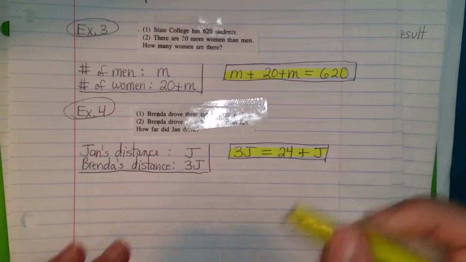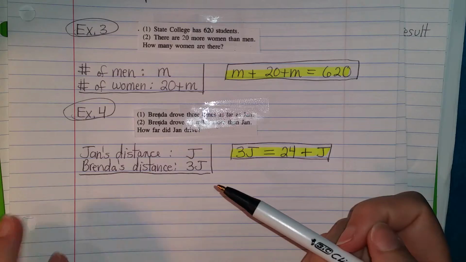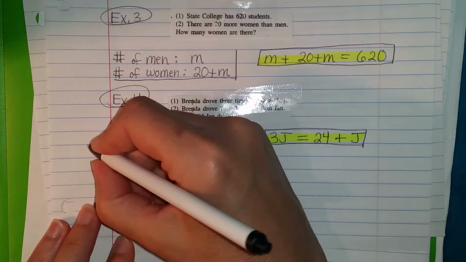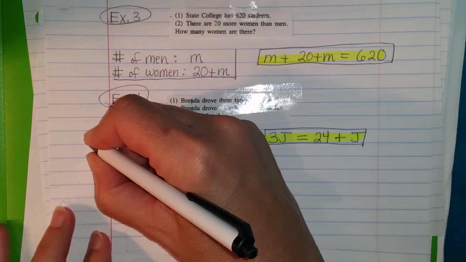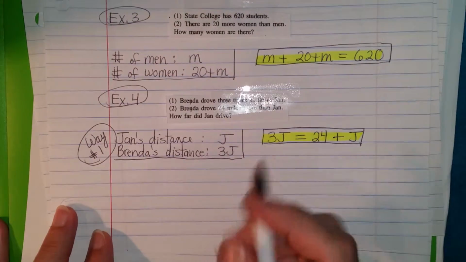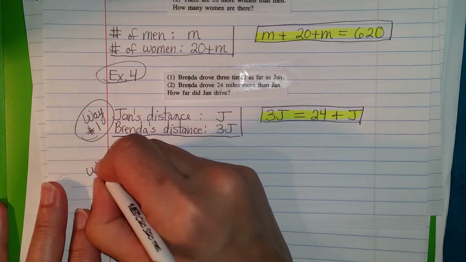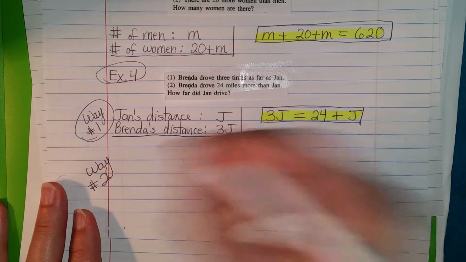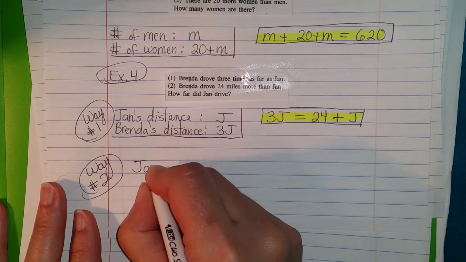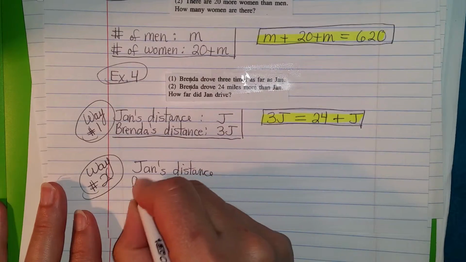So just to show you that it doesn't matter which sentence you use to define your variables, I'm going to do the same problem. So let's just say way number 1. Here, let me do the same problem a second way. Way number 2. And we should end up with the same exact equation. So if I take Jan's distance, Brenda's distance,